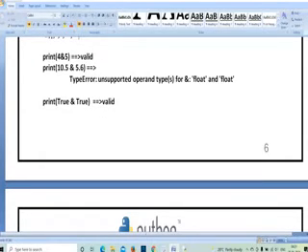Print 4 and 5. We have given valid. Next print 10.5 and 5.6. So here we are going to get an error. Why? Because whatever values you give, either both values must be integers or in the same manner.